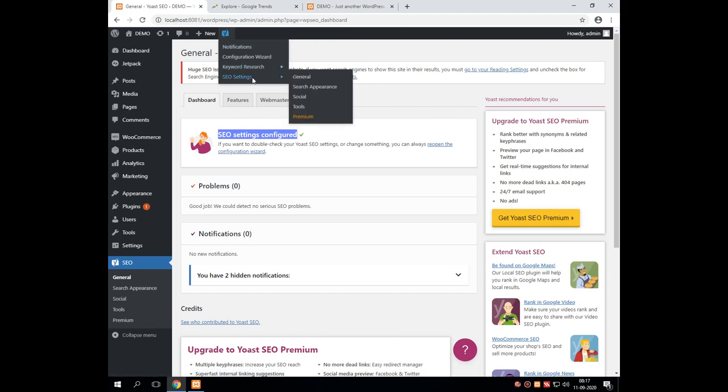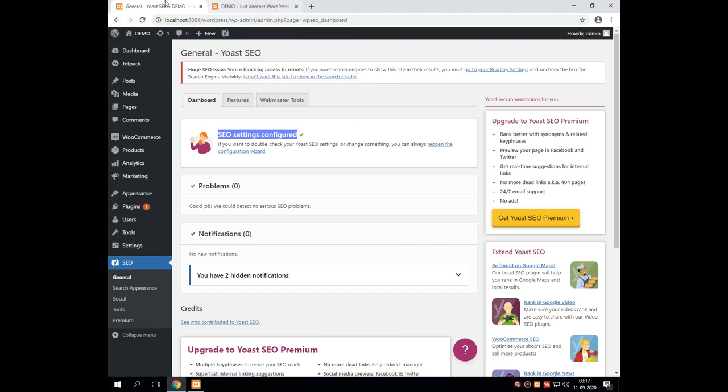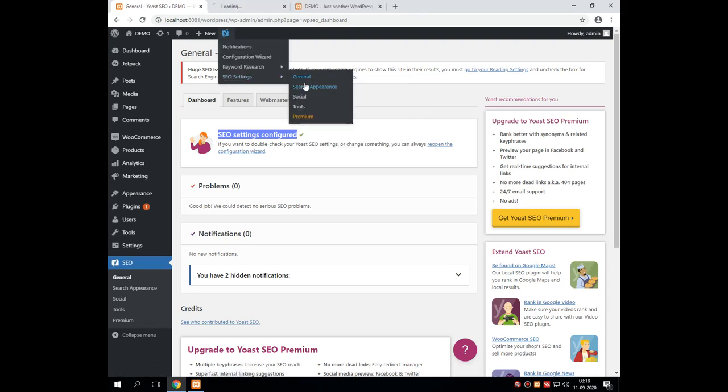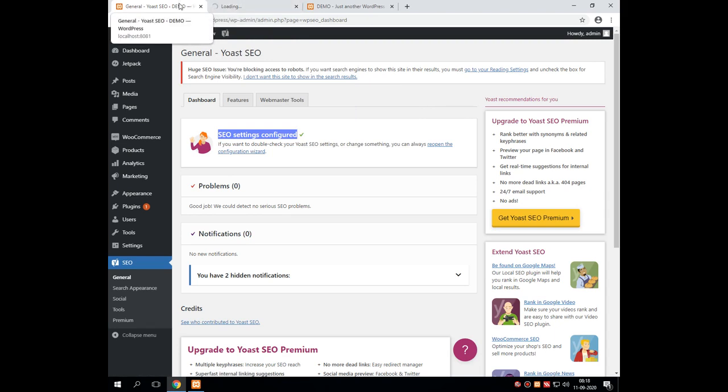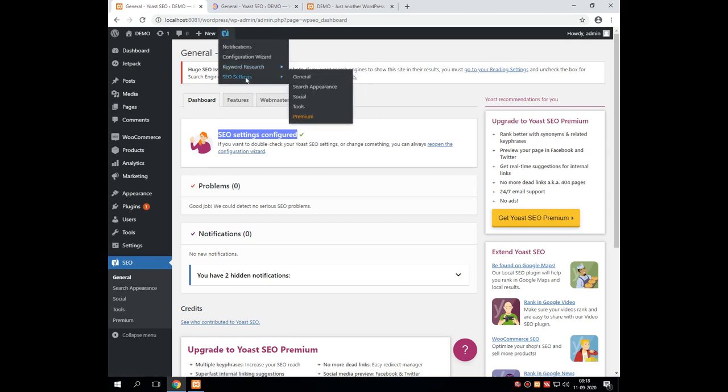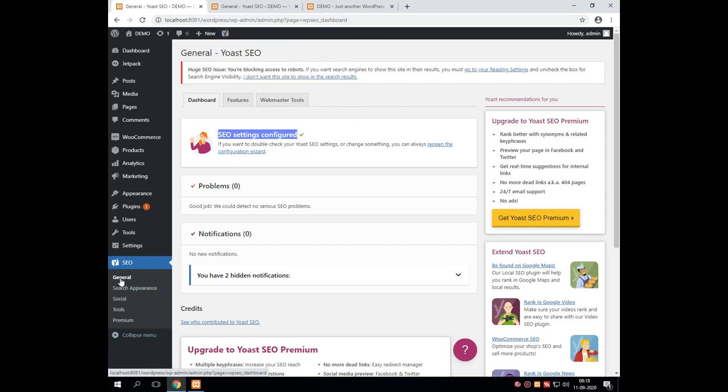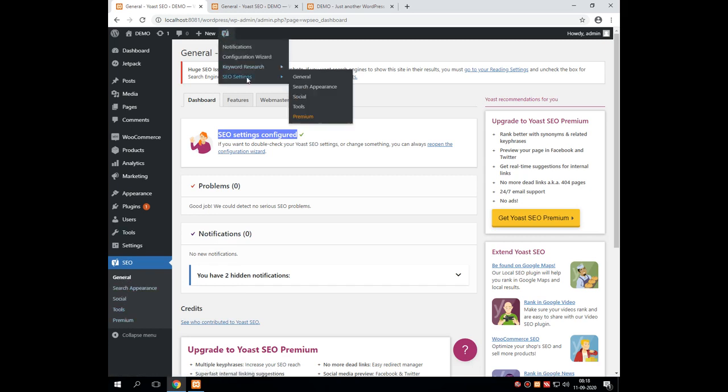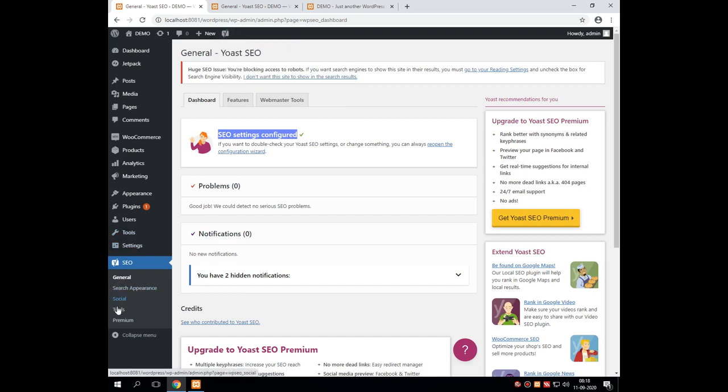Then there is an SEO setting. This is very important in our content management system using WordPress subject. So first we'll go for general. Now if you observe this SEO settings, whatever option is there is the same as what is mentioned over here after this setting also. That means whatever we discuss from over here is the same as mentioned over here too. So the first one is general SEO setting.